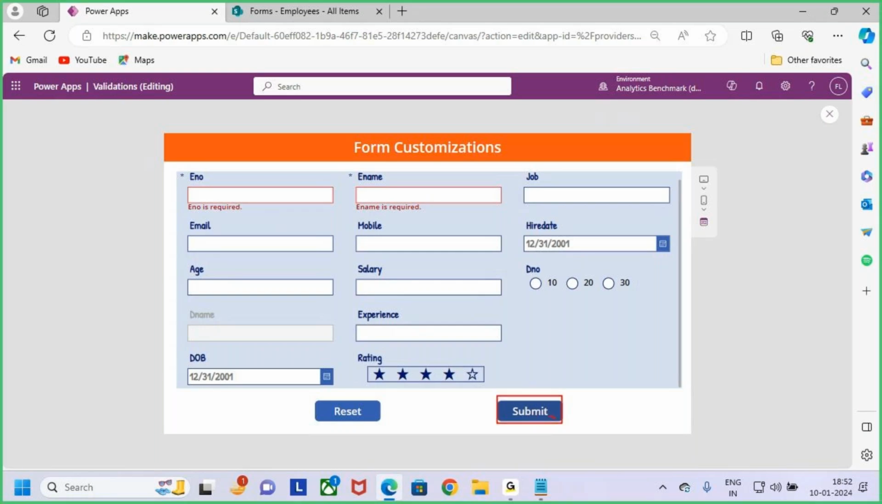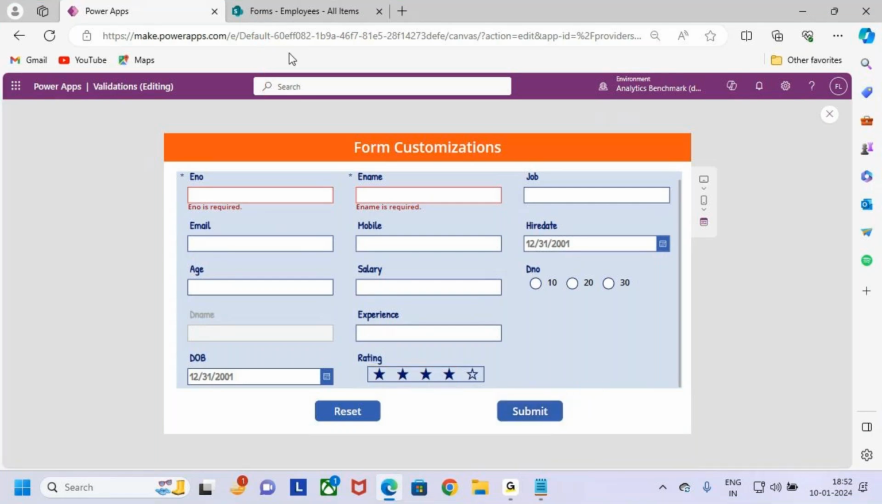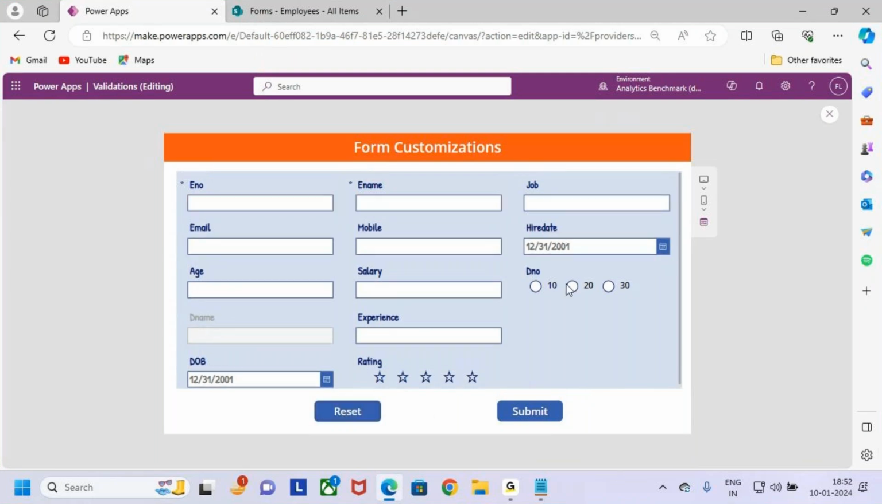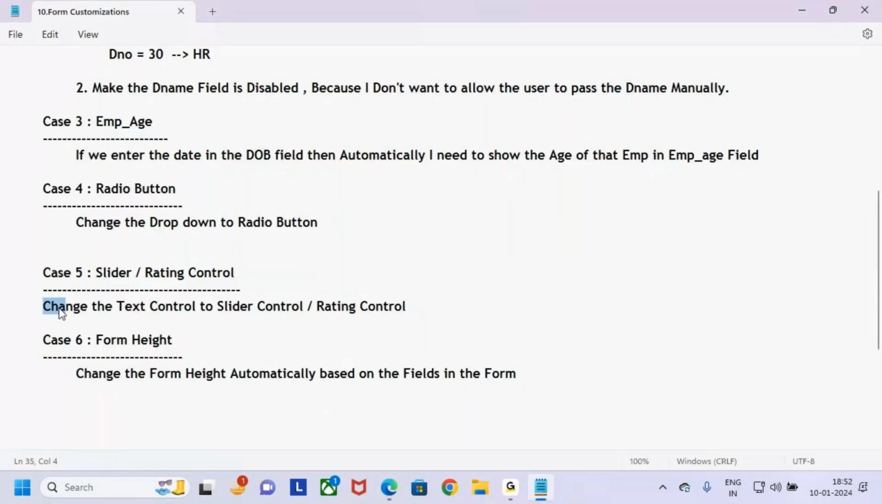Once I click on the submit button, whatever rating you are selecting here, the same rating is going to be submitted to where? The data source. What's my data source? SharePoint is my data source. So these are the types of customizations we are able to perform, guys. We discussed here how to change the text control to a slider control or a rating control. And the next one is